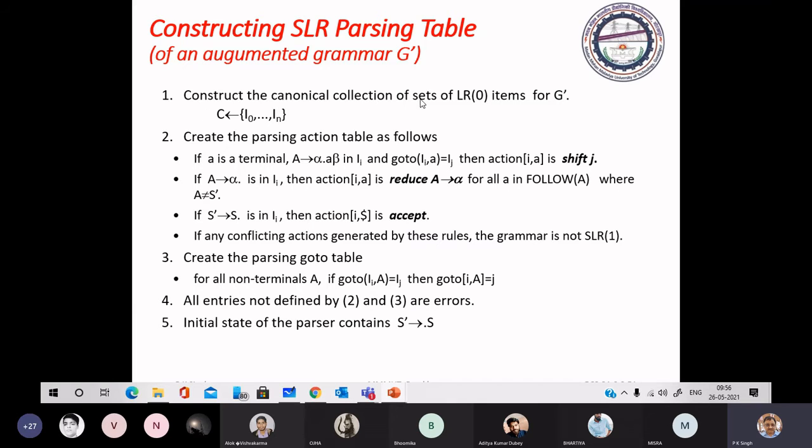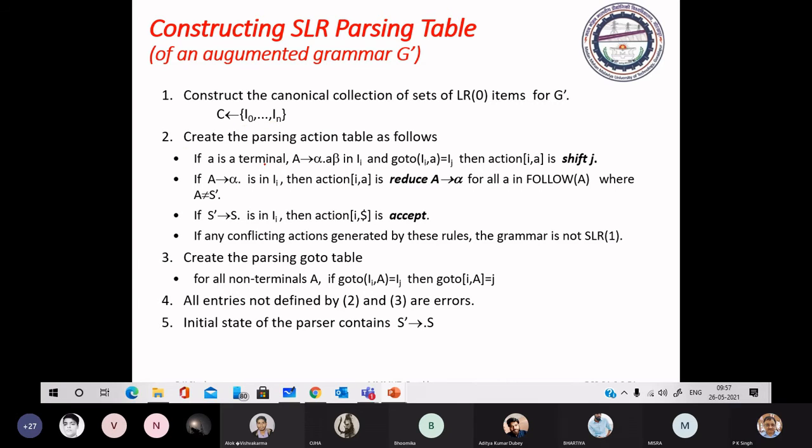Construct the canonical collection of set of LR0 items for G dash. G dash is the augmented grammar, after adding the production S dash to S, where S is the start symbol. So here we compute the canonical collection of LR0 item sets, I0 to I11.